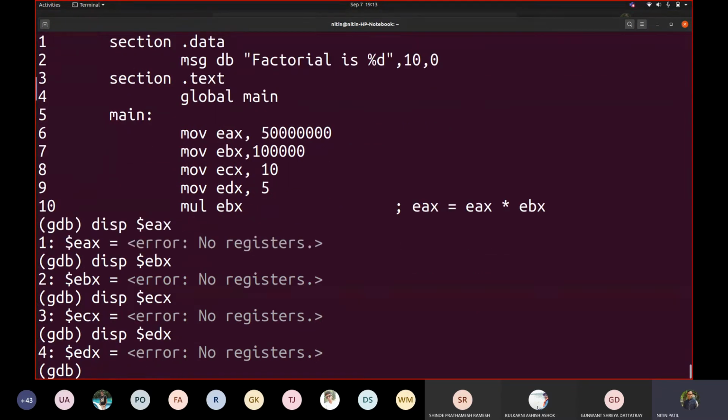One important thing: you have to be very patient when using assembly programming. You may say, I have to write display EAX, display EBX every time. You have to.